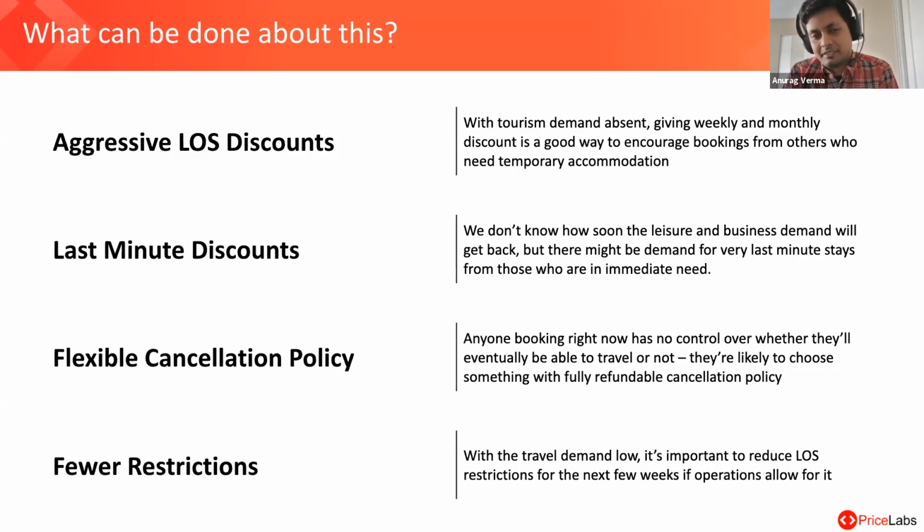So if you use PriceLabs, we had built a setting that we just called coronavirus, where depending on how each listing is performing over the next 60 days, it will try to get more or less aggressive with the discount. So if you're completely empty, it will try to bring the prices close to your lowest prices only for the next 60 days. It won't impact things outside of 60 days. It says, hey, if you're completely unbooked, if your calendar is open, let's try and get you something. And as you start getting booked, it will automatically bring the prices back to normal